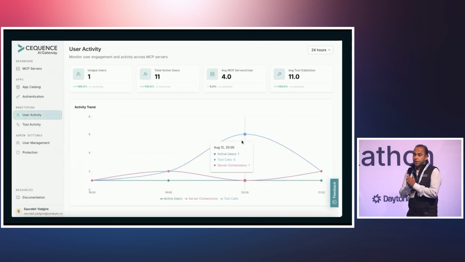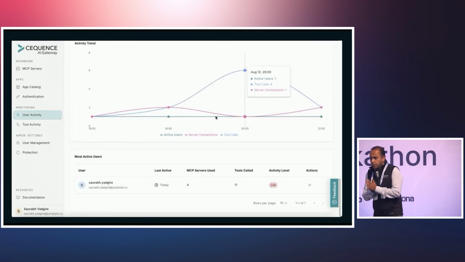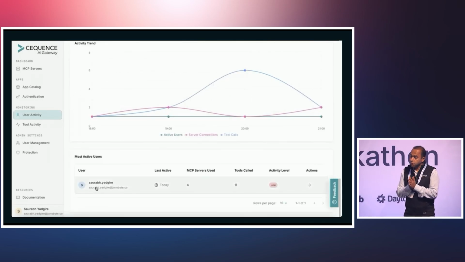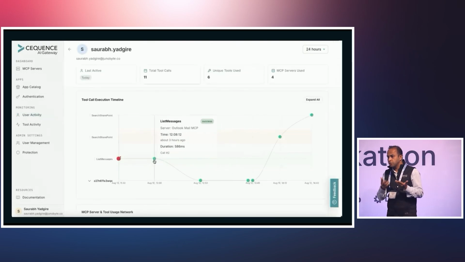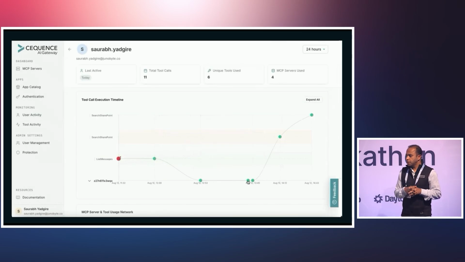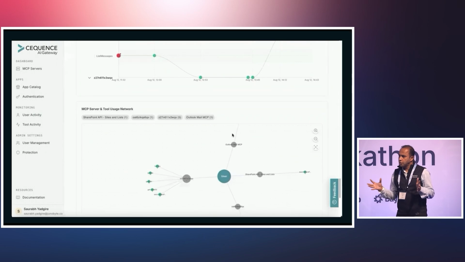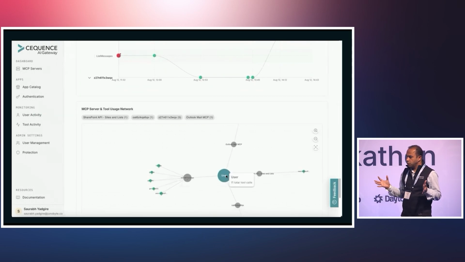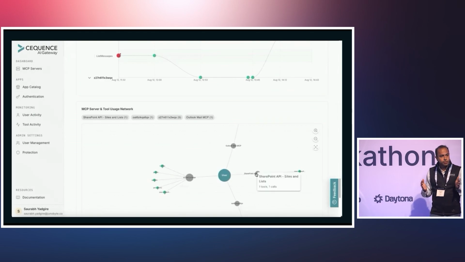But we don't just stop there. We spoke about the day one and day two activities, right? Like, you can now track at a user level, right? What did this user really do, based on using that agent, right? You can see it was able to list sites, fetch the data, what all tools that user actually used, right? And then you can see tool-level activities as well, right?